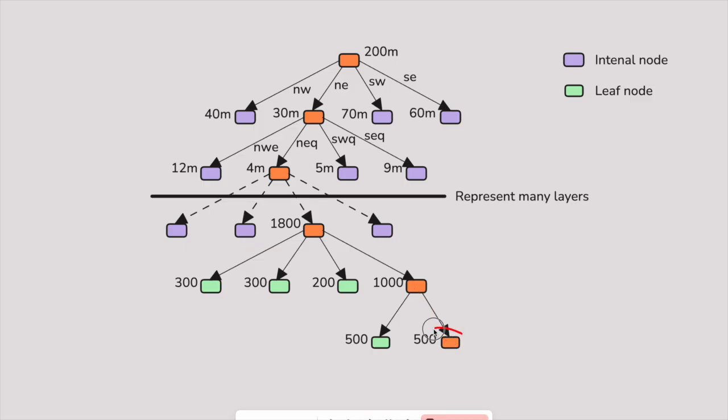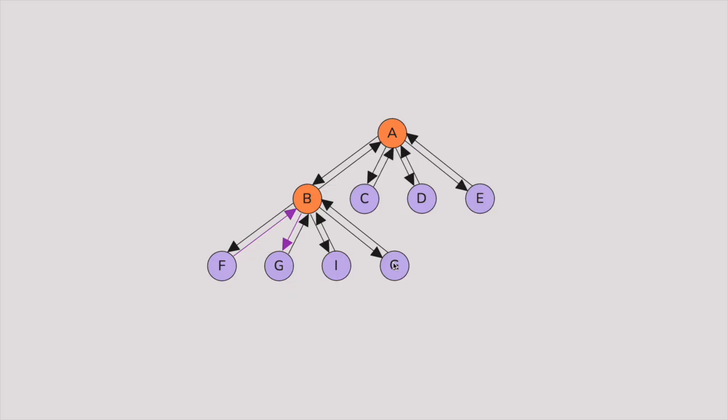And once we are at the leaf node where we are located, in a similar way, we get all the places that belong to this leaf node grid. And then if we want to increase the search area, there are multiple ways to do it. The first way is just to have links back from children to parents, so we can go up one level and then find all the children, which would be a